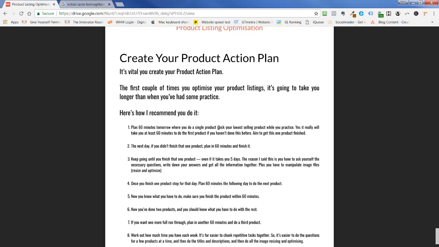If you haven't done this before, you're not particularly good at it, I want you to get the first product done, okay? If after 60 minutes you haven't finished and you can't carry on until you have finished, plan in another 60 minutes the following day and finish the one product that you've done. And keep going until you finish that one product, even if it takes you 5 days, 60 minutes a day